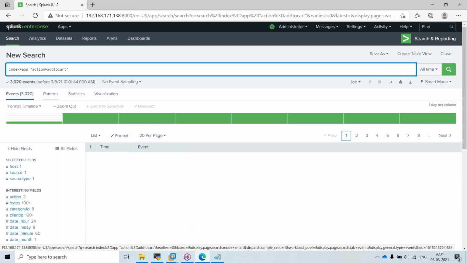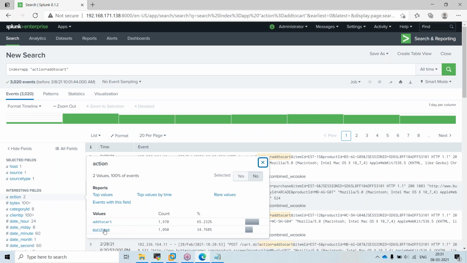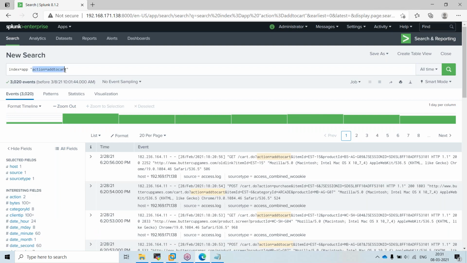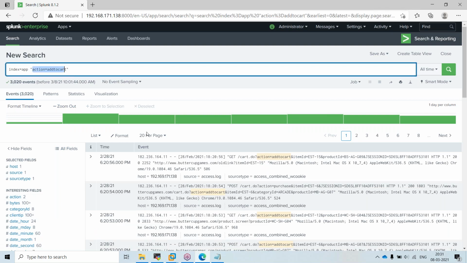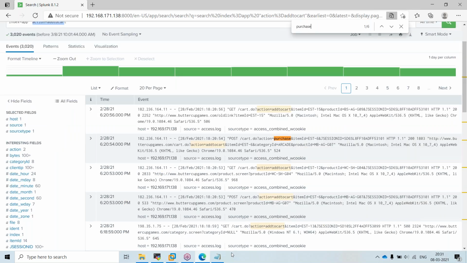So why is it showing action 2? Somewhere in the purchase element, I have this text, action is equal to add to cart. If you take, see, in this text you see action is equal to purchase. In that I have another text called action is equal to add to cart.